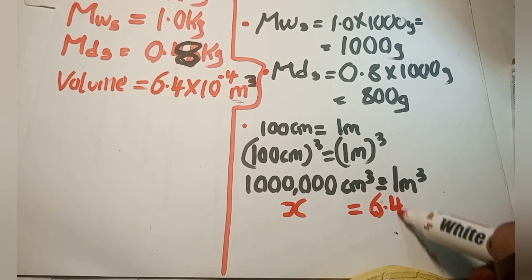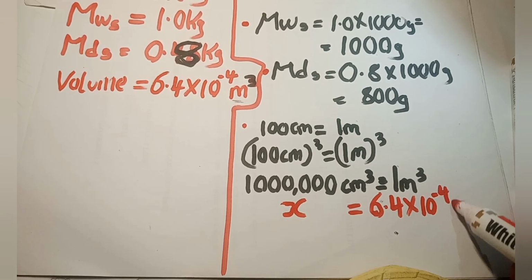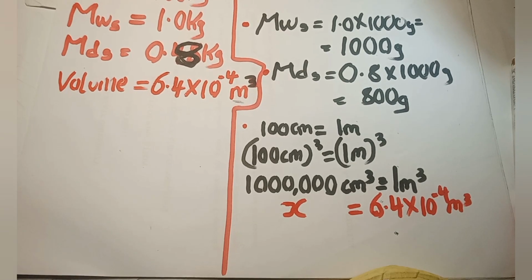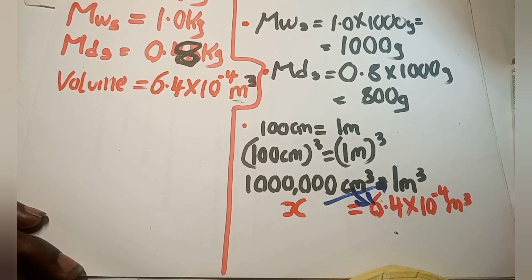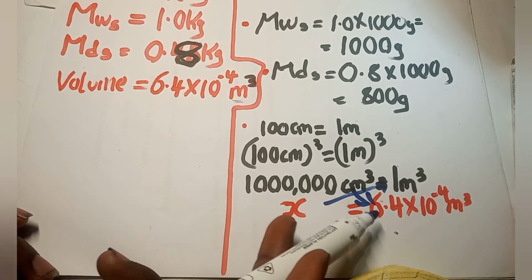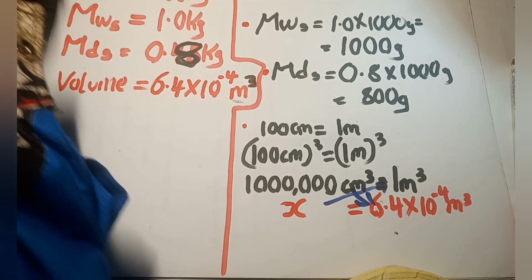6.4 multiplied by 10 to the power of minus 4 meter cube. So now, the next thing to do, don't forget that if you have something like this, this will multiply this and this will multiply this. That's it. 1 million will multiply 6.4 times 10 raised to this. And if you cross multiply like that, we are going to get the value of x will be